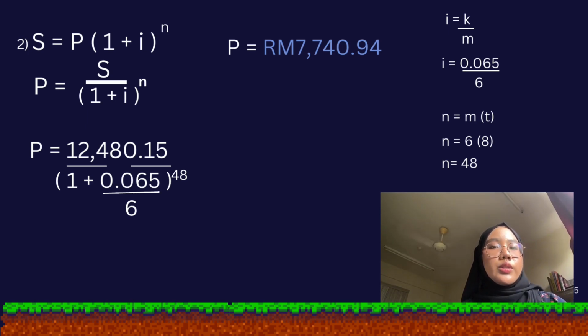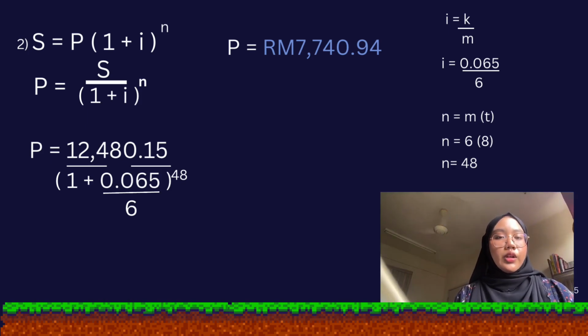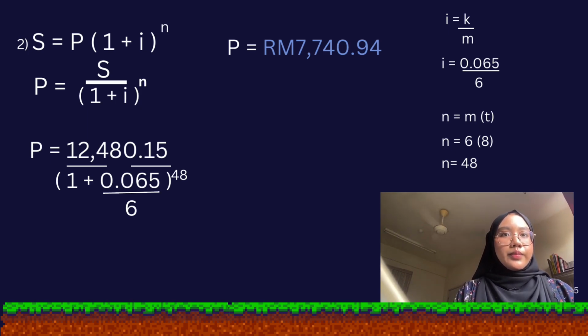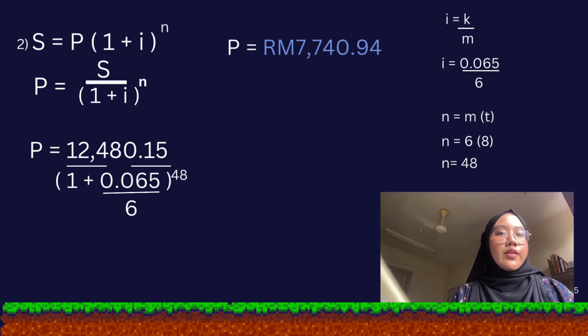I we can find through i equal to k per m, and n through the formula n equal to mt. So we write down all the information into the formula, which is P equal to 12,480 ringgit 50 cents per (1 + 0.065 per 6)^45, with 6 because they ask for every 2 months, and for the n we got 45. And calculate all the numbers. The answer for P is